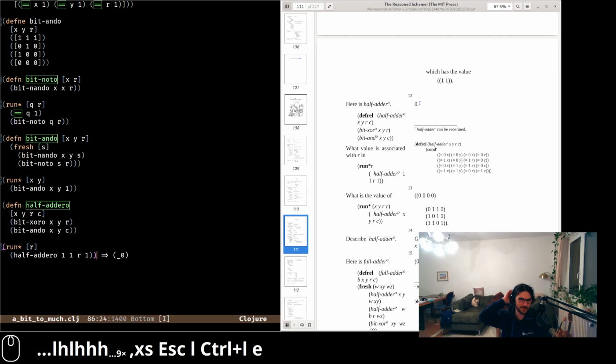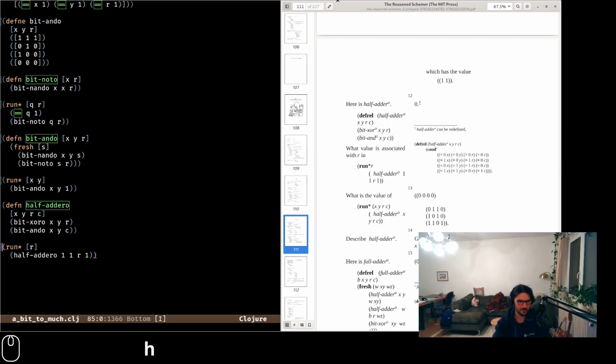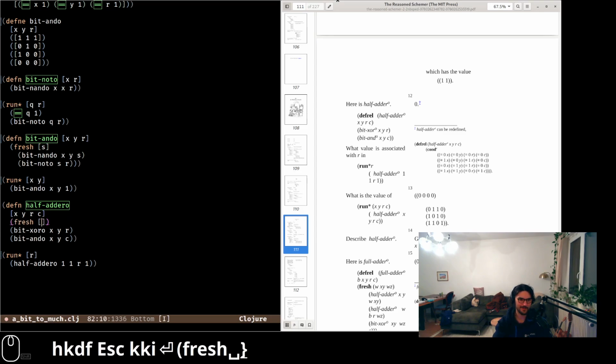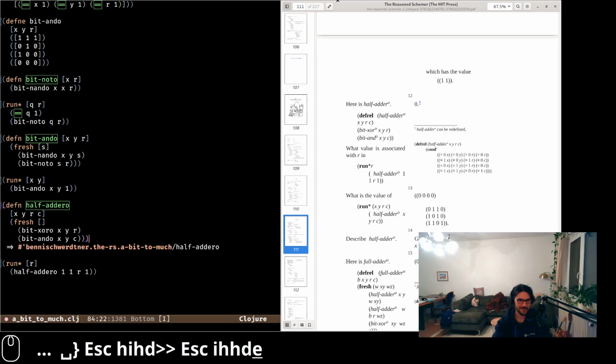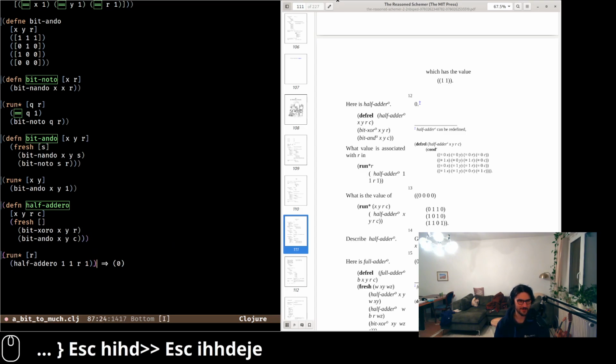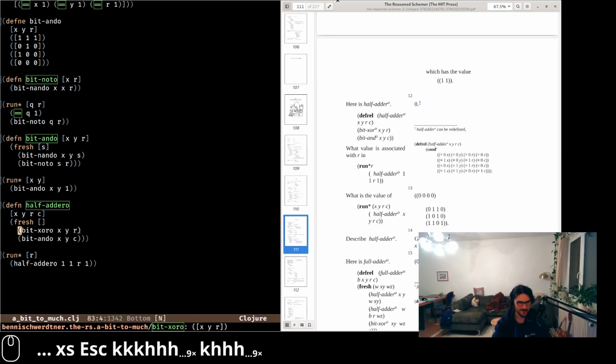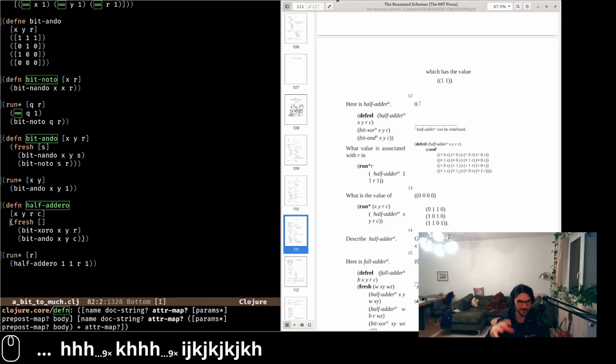Oh wait, it's still fresh. Wait. 0 would have been correct. Yeah, this is a noob mistake in core.logic. That was because I didn't combine these into a conjunction, but basically the body of a